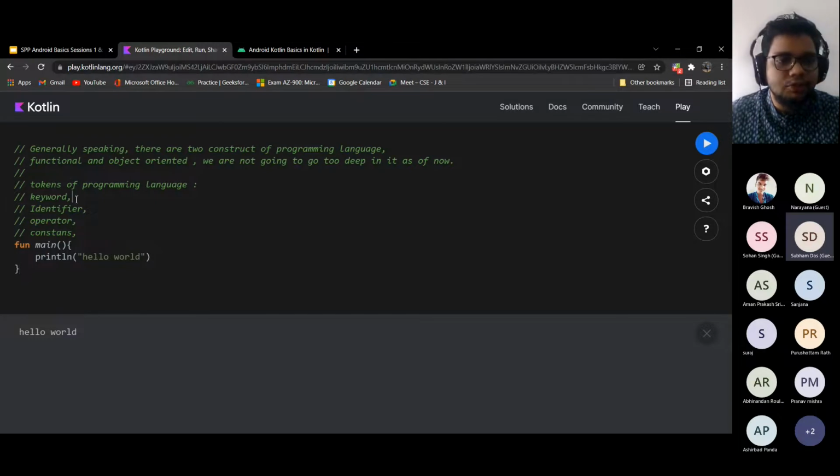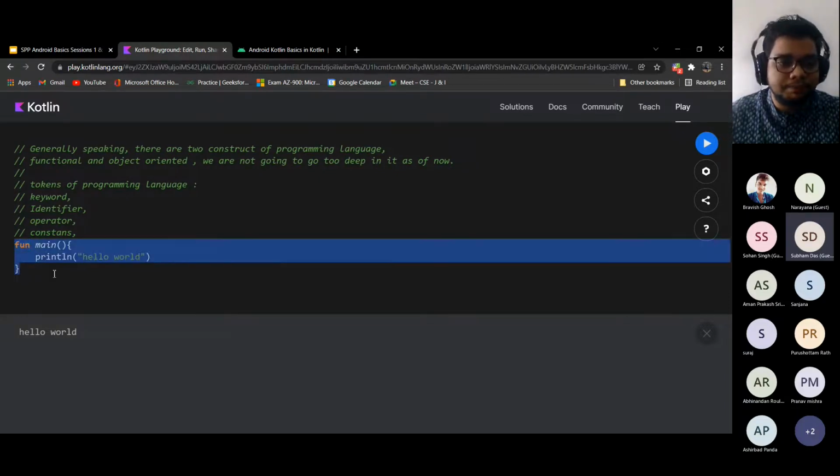There is this thing called a keyword, which is nothing but a reserved word in a programming language. There are some words that are already reserved that perform some functionality once we write them in a programming language. For example, in this code, fun is a reserved word or a keyword that we can use to tell the compiler that this is actually a function.